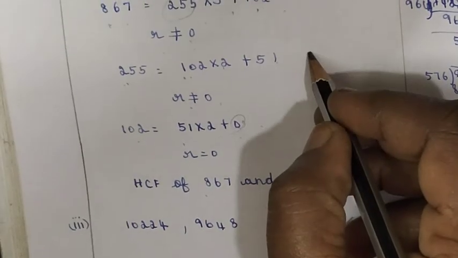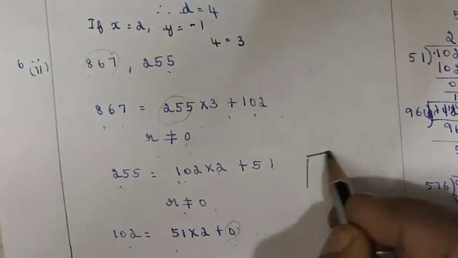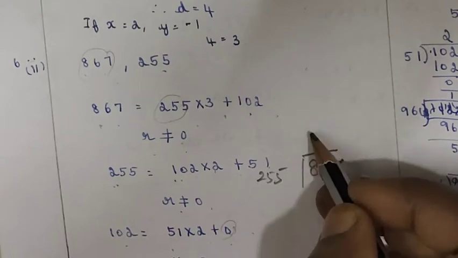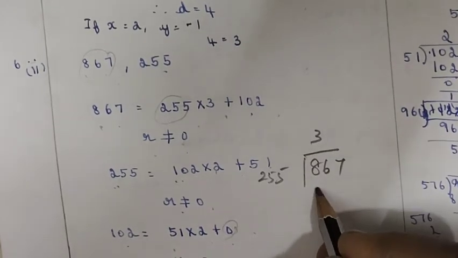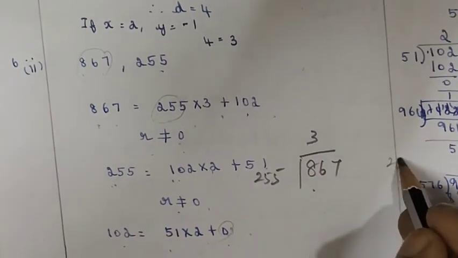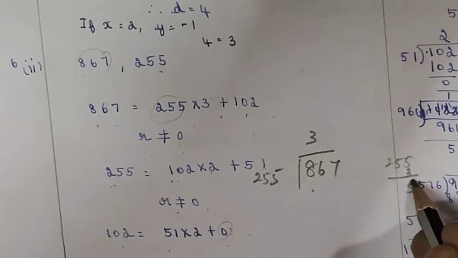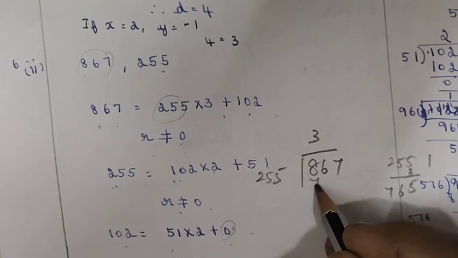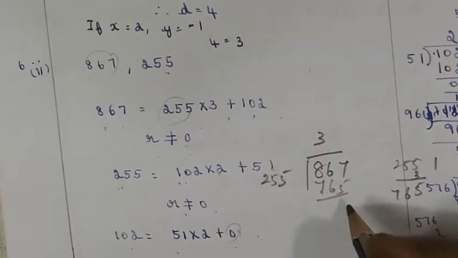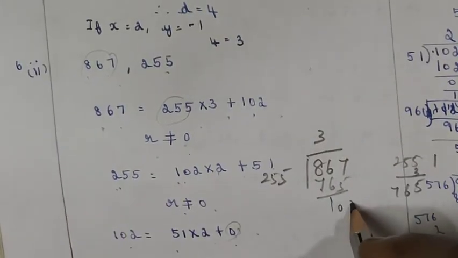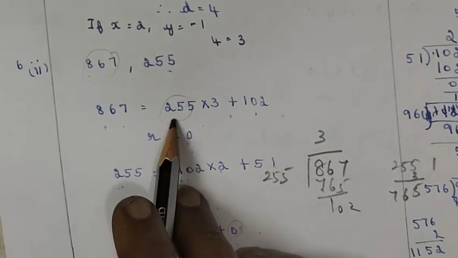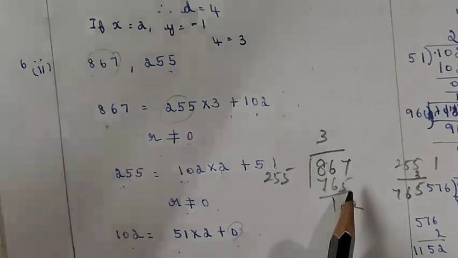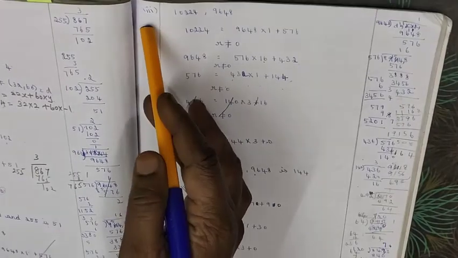Here is how we find this. For example, 867 divided by 255, the nearest quotient is 3. So 255 into 3 is 765. Now the remainder is 102. That's what I have written: 255 into 3 plus 102. For every sum you have to do the division like this. Third sum,